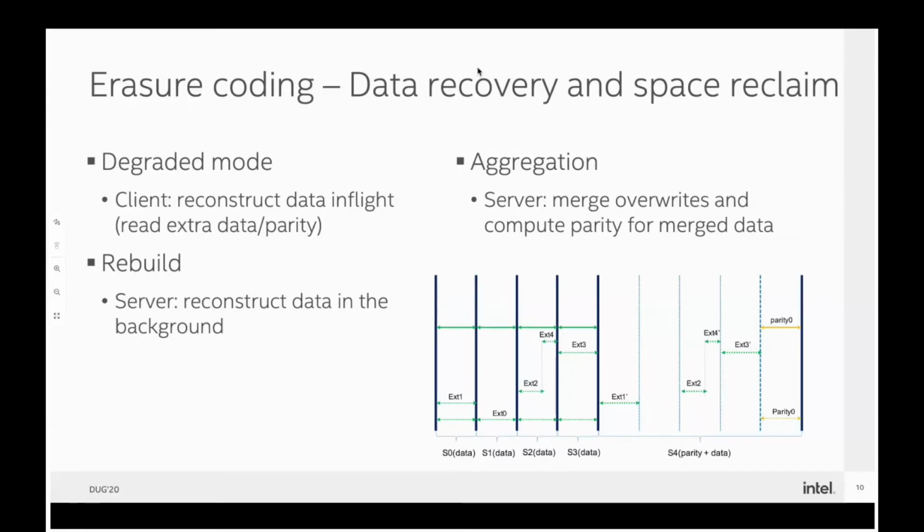I think many of you know about how DAOS aggregation works. The essence of aggregation is that it will merge adjacent or overlapped extents into a larger extent, then write it back. So we can reduce the fragmentation in SSD and reduce the size of the index tree. But for EC, it's a little bit different.